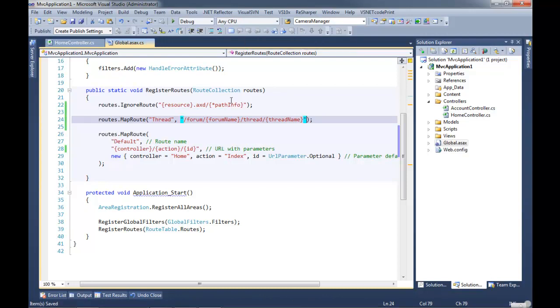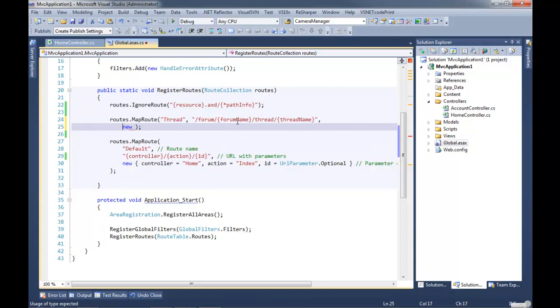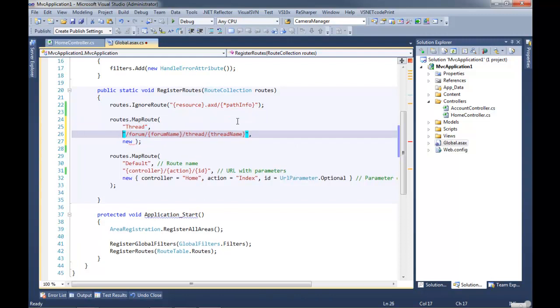We'll go into the other parameters soon, but this is all you need. Or no, this isn't all you need. We do need defaults because the magical tokens controller and action aren't part of our route, so we need to specify them in our defaults. And I'm going to break it like that. And you notice the syntax, which you might not be familiar with, Zach. You see the new and then the curly braces.